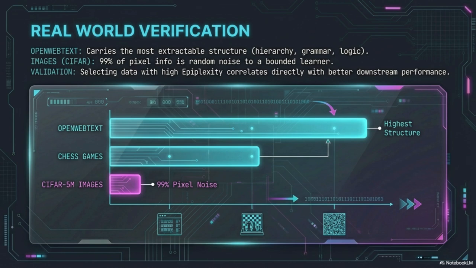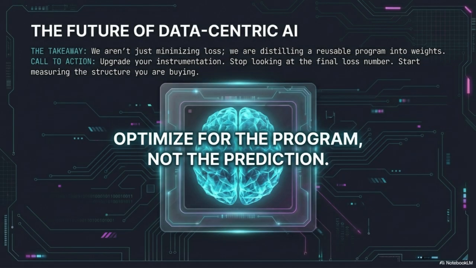And most importantly, they ran experiments where a data selection strategy, ADO, explicitly chose data that yielded higher epiplexity. And that strategy didn't just give better loss curves, it led to improved downstream performance and better out-of-distribution perplexity on totally different datasets. The model learned more reusable skill. So the key caveat, they're clear about this, is that epiplexity measures the information you extracted, not whether that information matches your specific benchmark. But as a debugging tool, as a data selection tool, just knowing what structure you paid for is revolutionary.